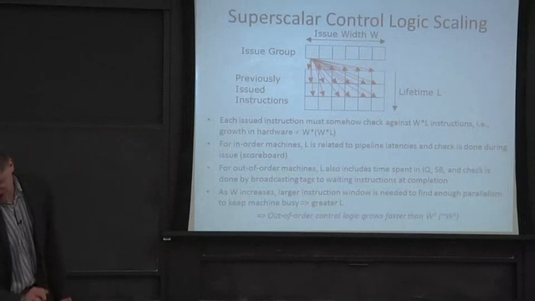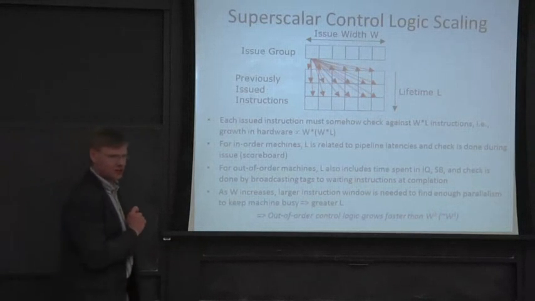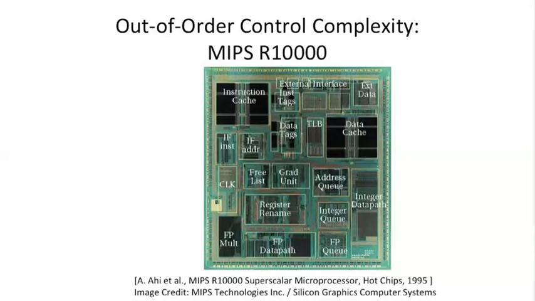Yes. But before we move on to those alternatives, let's look at the complexity of this in a real processor. Here we have a die photo, or die micrograph, of the MIPS R10000 processor. This was used in workstations by SGI for many years. It's a real out-of-order superscalar. And one of the interesting things is if you look at how much area is dedicated just to control logic,